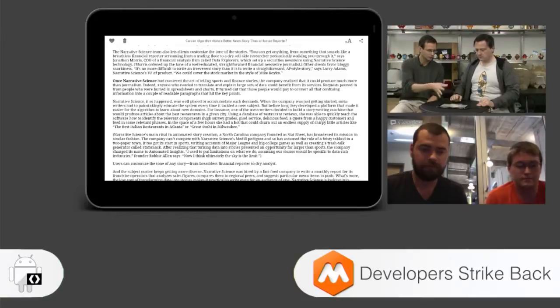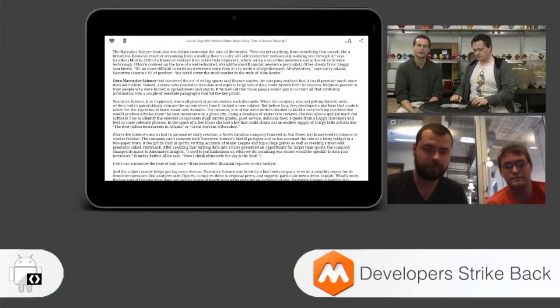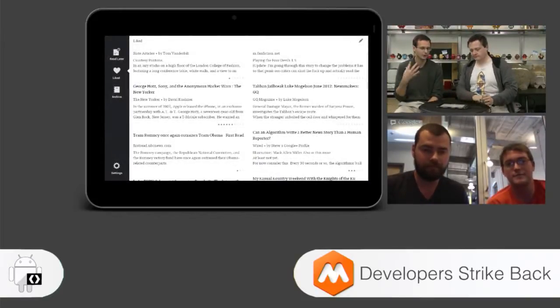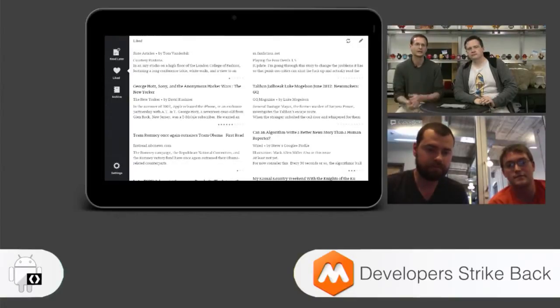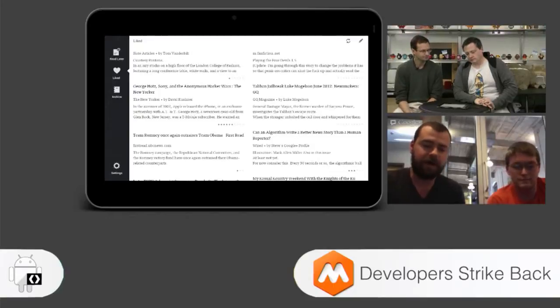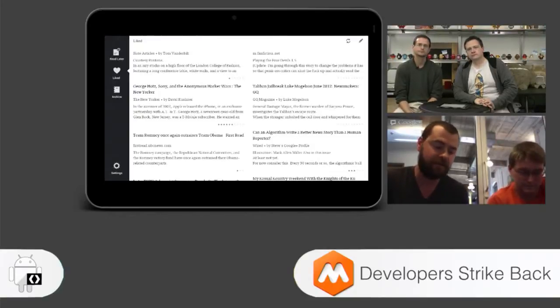So we've got Instapaper up on the screen. Can you tell us a little bit about the way that you went about designing a tablet-specific version of the app, and what the key decisions were that you made, and how that has affected usage of the app? Yeah, absolutely. Unlike a lot of Android development, we started with tablet primarily. We actually designed out the 7-inch and 10-inch layouts for tablet before we even looked at the phone-based layouts.